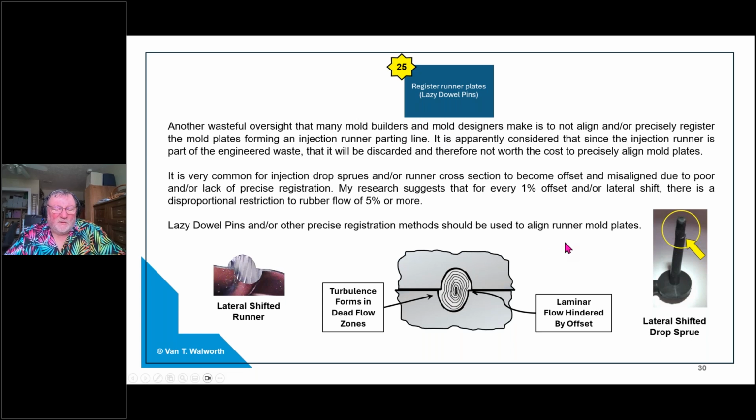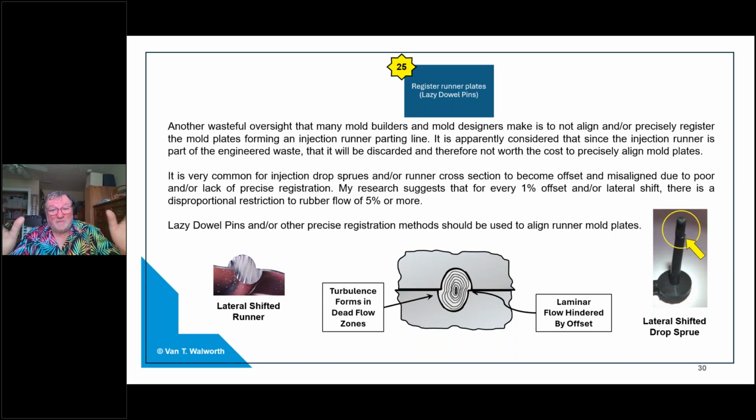And so we need to spend some time and make sure that the money, well, but the customer won't pay for it. We're going to throw this away anyway. What does it matter? If this gets bad enough, it matters to every single cycle that you're running. And usually what happens is, if the runner plate can get shifted laterally, every time you put that mold in the press, it might be offset one direction and then offset another direction the next time you put the mold in the press,